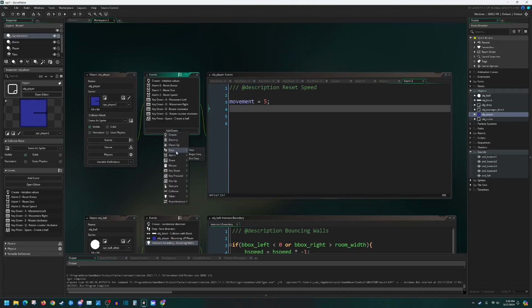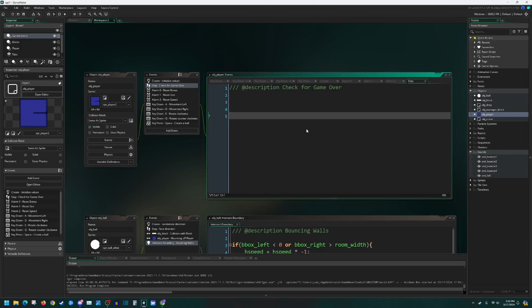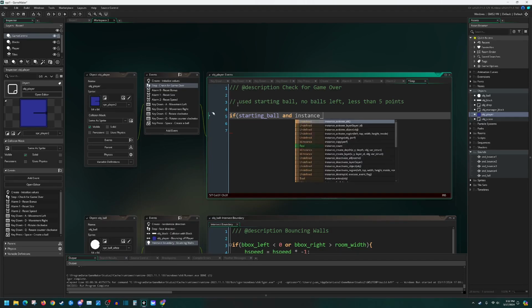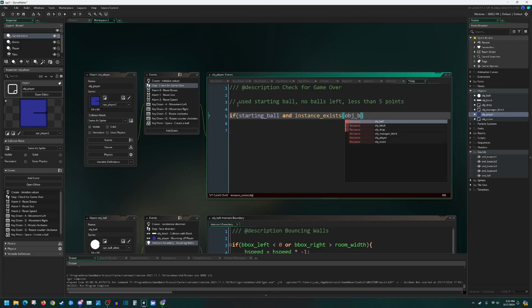This happens every step. This is where we're going to check if there are any balls left on the screen and if there's a means of collecting more points. Use starting ball, no balls left, and less than 5 points remaining. If starting ball is true, then that means we have at least placed our first starting ball, and instance_exists of obj_ball. If there is no instance of a ball on the screen,